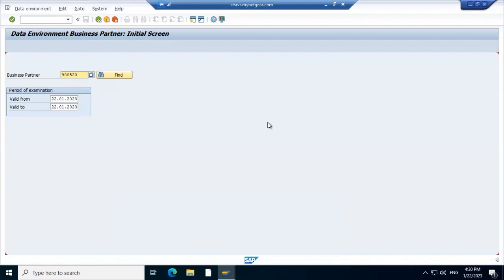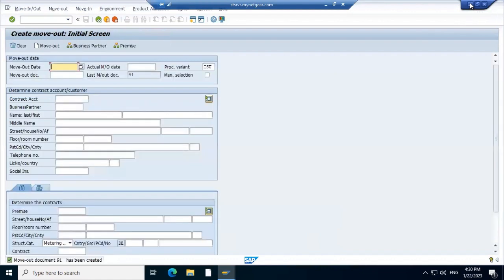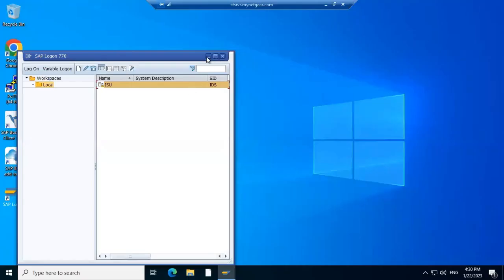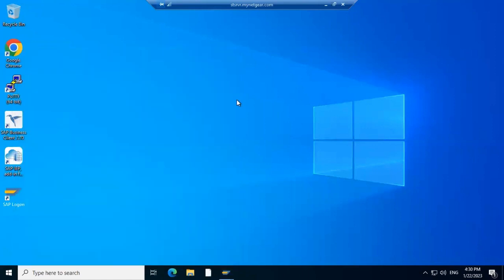Why did we do a move in? Because we created a contract. Okay, now what is the objective of creating a contract? Right. So the objective is we need to do the billing to the customer. So what are the steps to do the billing to the customer? So for that,